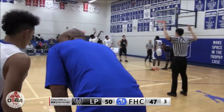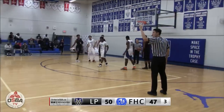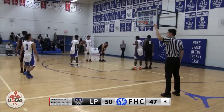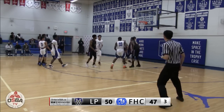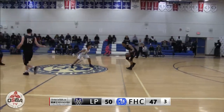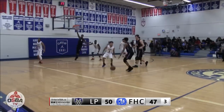This is Akende at the line. Big part of that comeback for Father Henry Carr in the first half. 7 points so far in this game. Make that 8. John Akende. Now Josh Noden, he's getting guarded by Carlo Dubria. Josh Noden still looking. Noden